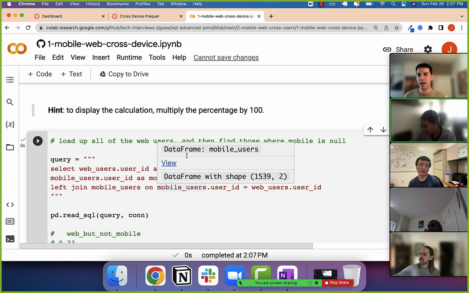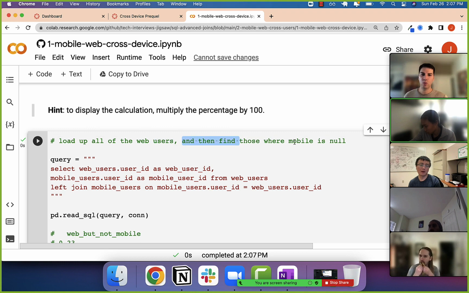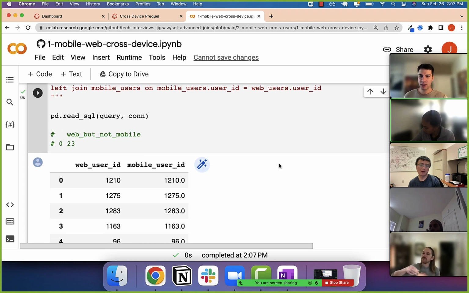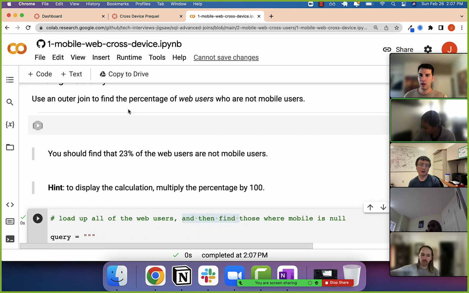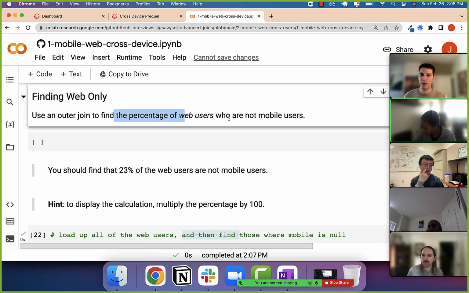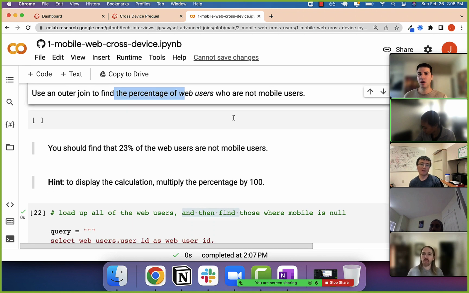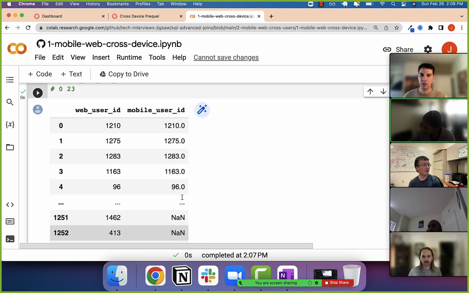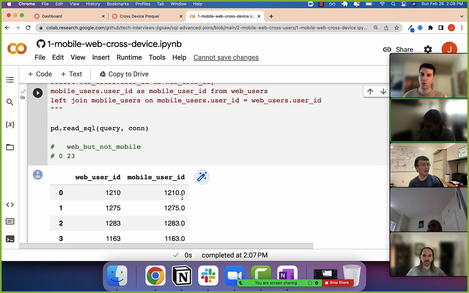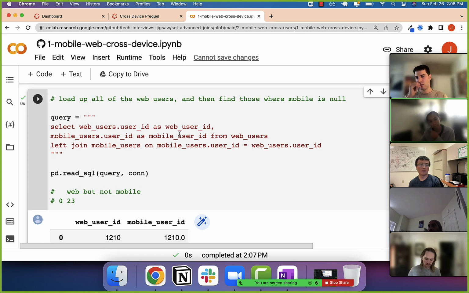Here's what's next. Find those where mobile users is null, right? Because we want the percentage of web users who are not mobile users. So in other words, we see like 2 here that are null. So we want to find those where mobile users is null. So what can we do there? Instead of